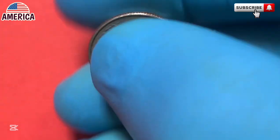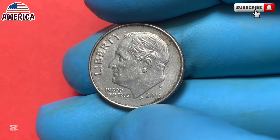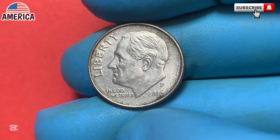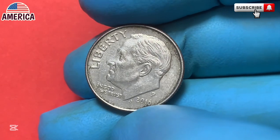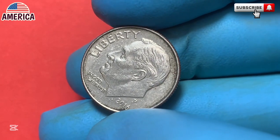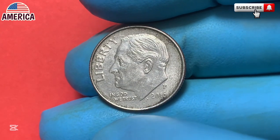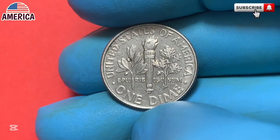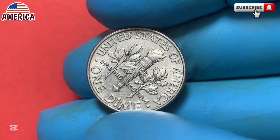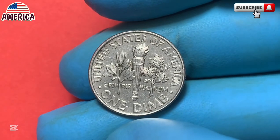The 2016 D Roosevelt dime is part of a special series that continues to be minted by the U.S. Mint. The D mint mark indicates that this particular coin was produced at the Denver Mint, one of the most well-known and active mints in the country. While millions of these coins were minted, the value of a 2016 D Roosevelt dime doesn't come from its mintage numbers. It comes from its rarity, its condition, and, in some cases, the discovery of unique minting errors